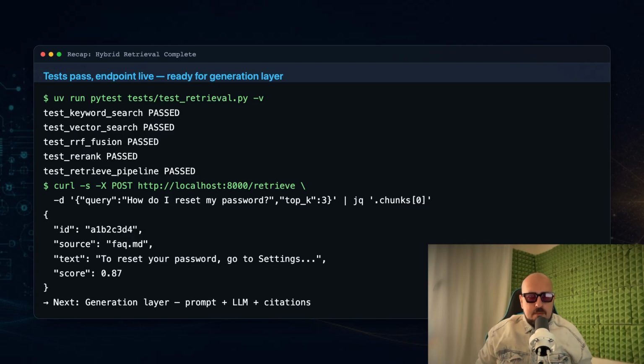We built a hybrid retrieval with 5 models that take a support question and return the most relevant chunks with scores. The retrieve endpoint is alive. Keyword search catches exact terminology, vector search catches paraphrases, and fusion ranks them together. The retrieval layer we built today is the foundation that makes grounded answers possible. As the series continues, we will add the generation layer, prompt construction, LLM call, and answer generation with citation, grounded